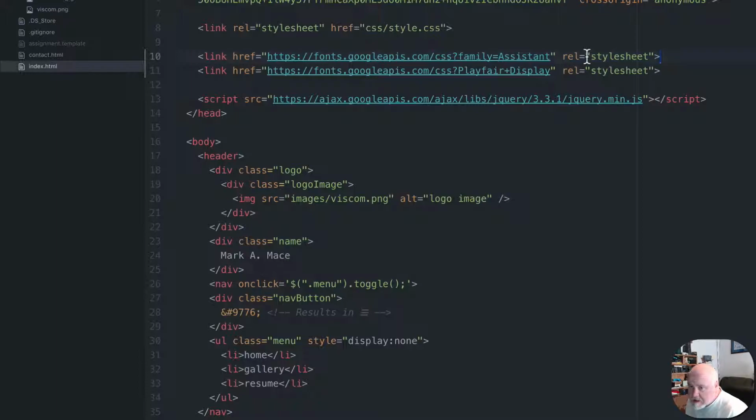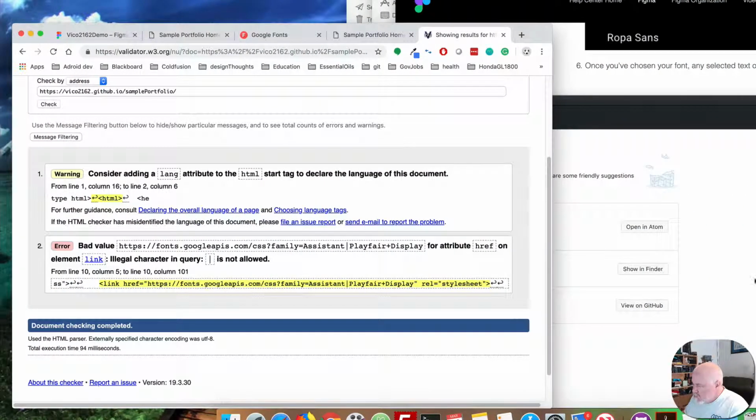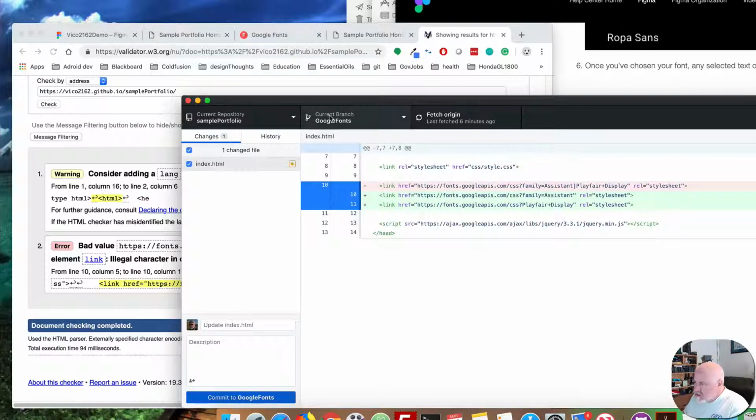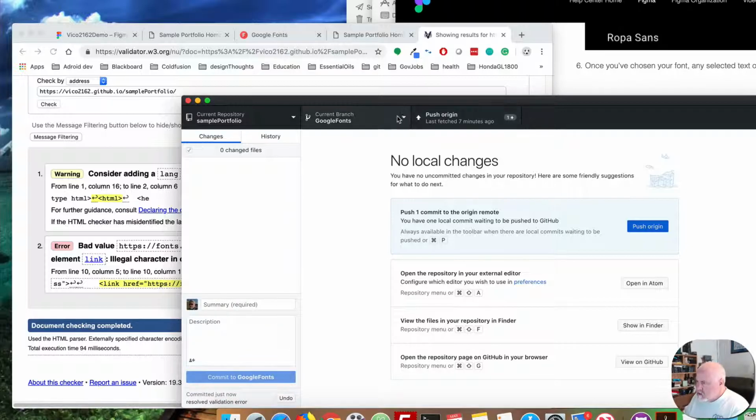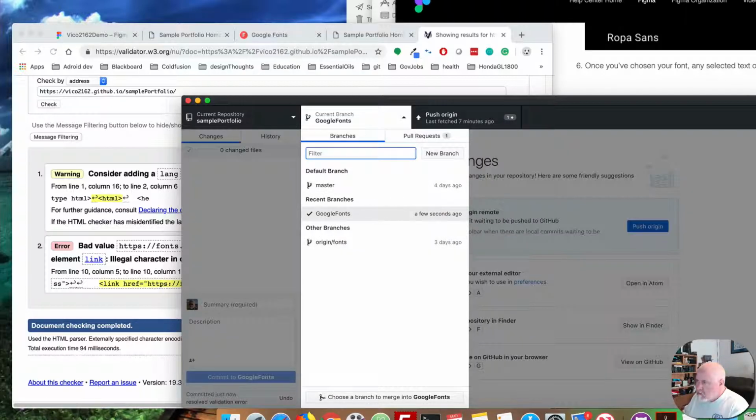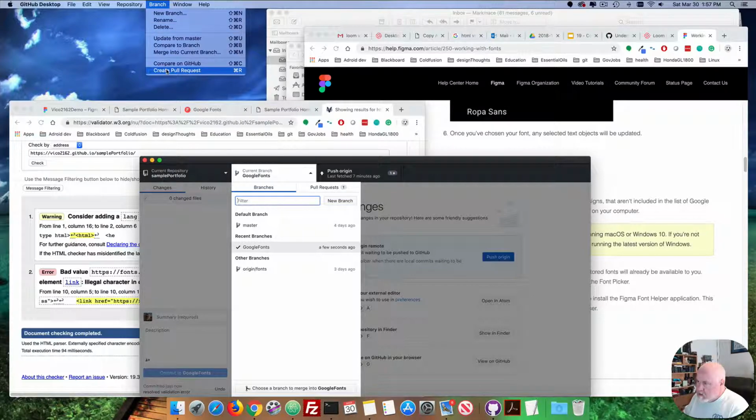Okay, so that's all there is to that, but we need to finish this up and verify that this did indeed take care of the error. So I'm going to save this, go back to my GitHub. Once again, I'm still on Google Fonts. So I'm going to say resolved validation error with two R's. I'm going to commit this once again. I'm going to go up, branch, create pull request,